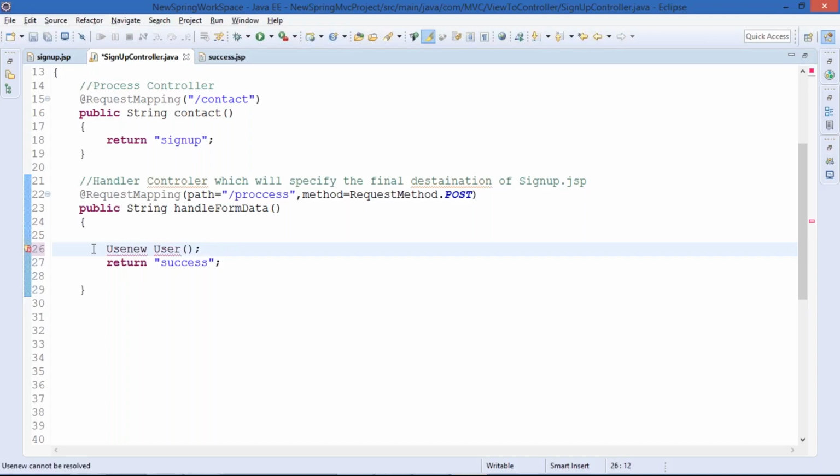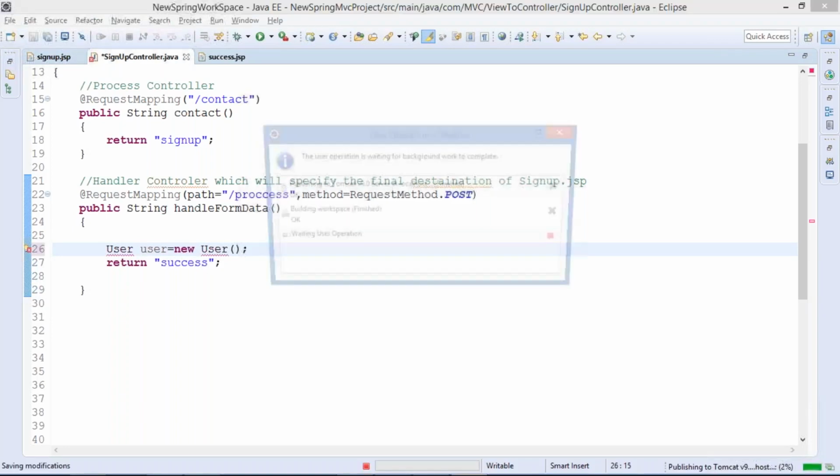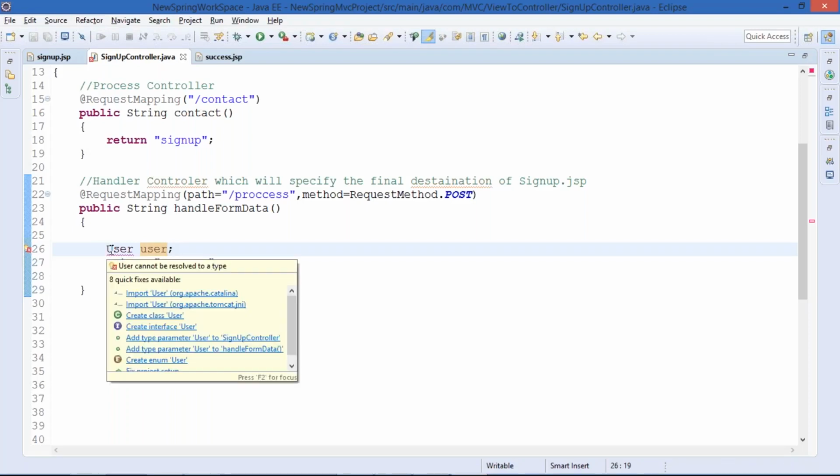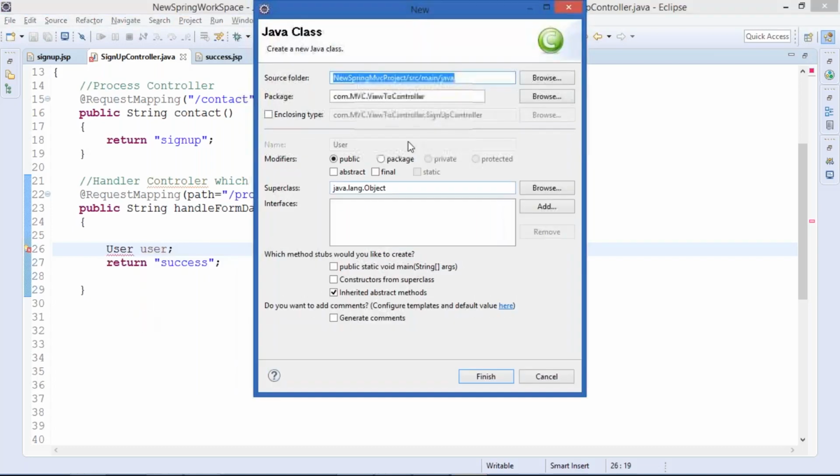Object creation part we'll see later. Now we don't have the class, so I'll mouse over and select the option Create class User. I'll click on Create class User